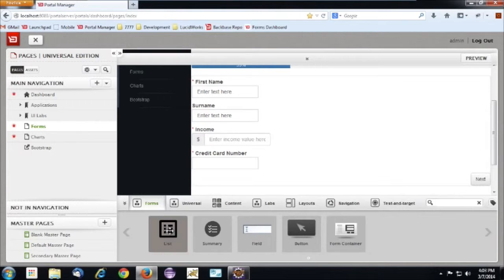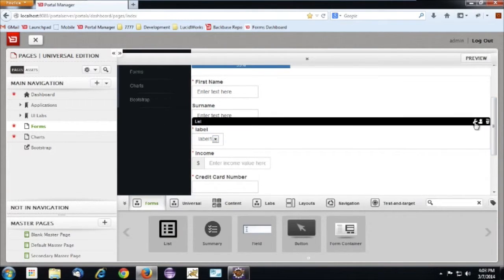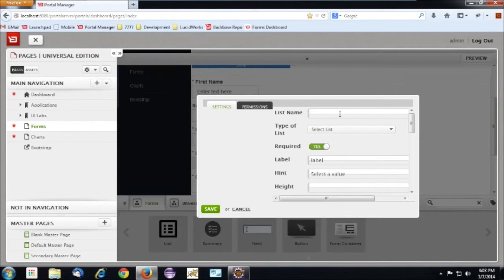Let's also add a list. So let's say I would like to add a list here in between. This time it's a different kind of set of options. I have a list name like before, but I have different list options. A list option which can be a list box, checkbox, or radio. I can then give it a name, let's say language. I would like to select a language. Select